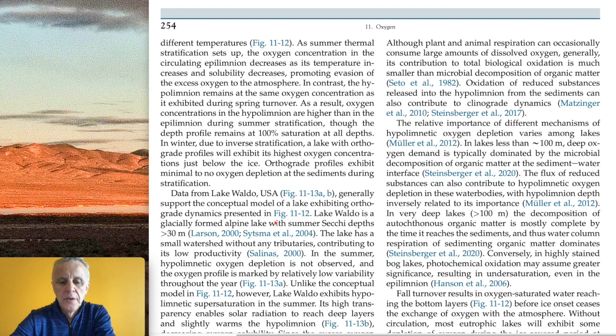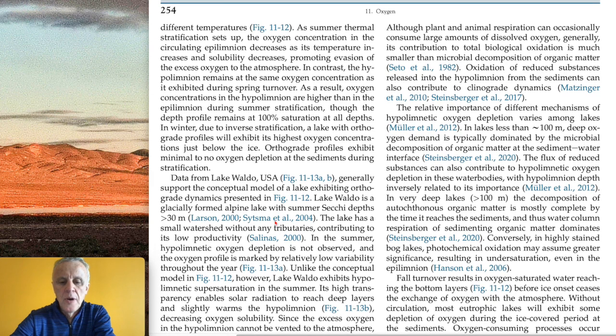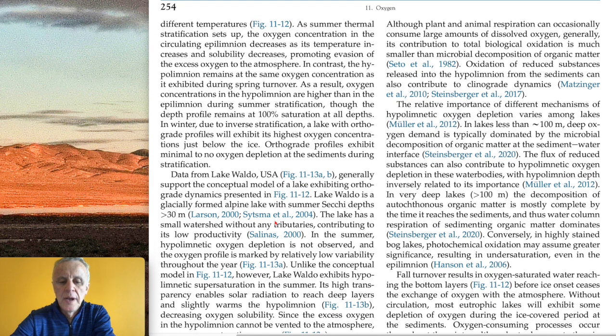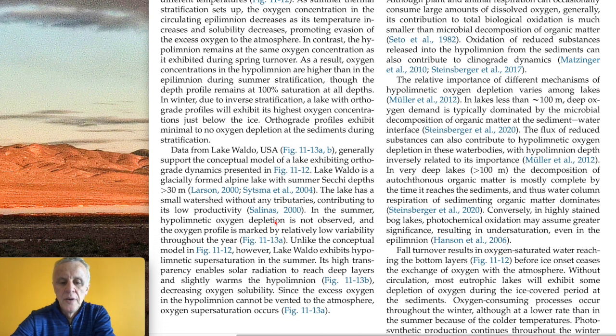Data from Lake Waldo generally support the conceptual model of a lake exhibiting orthograde dynamics presented in Figure 11.12. Lake Waldo is a glacially formed alpine lake with summer Secchi depth greater than 30 meters. The lake has a small watershed without any tributaries contributing to its low productivity. In the summer, hypolimnetic oxygen depletion is not observed, and the oxygen profile is marked by relatively low variability throughout